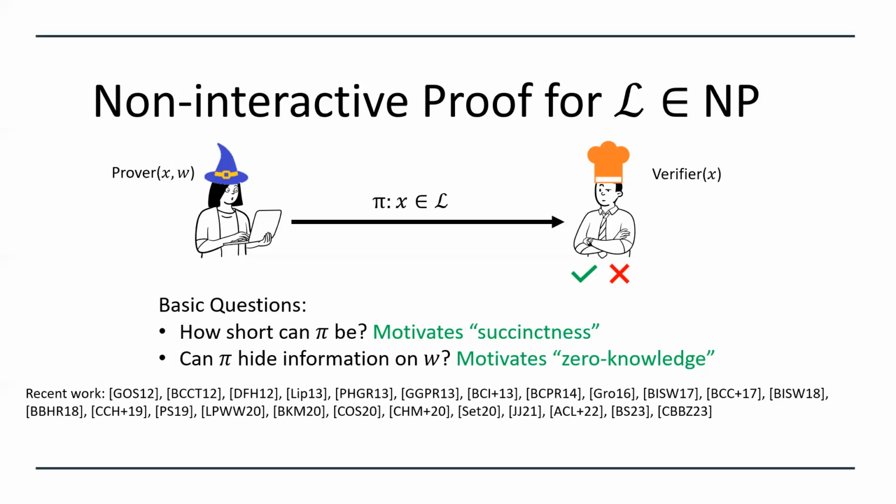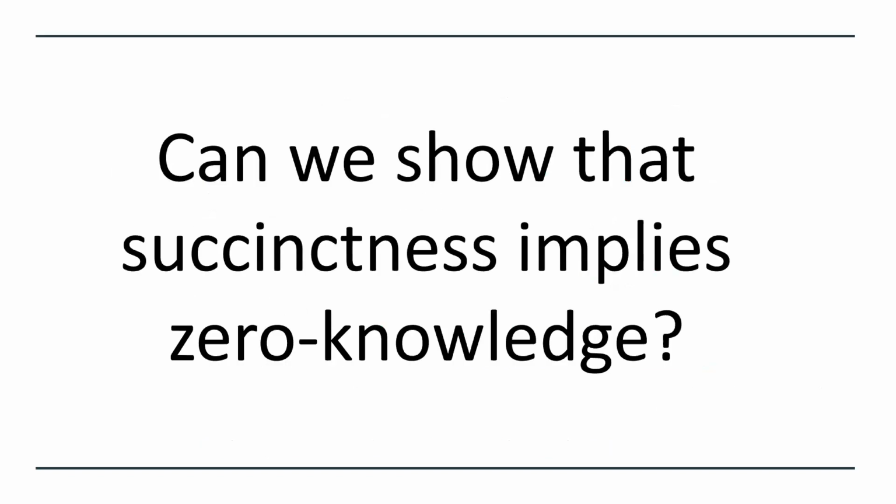So we have these two fundamental properties. A natural question to ask is, can we connect these two properties? In particular, it's very intuitive to see that if we have a proof which is shorter than the witness, this should be inherently hiding something about the witness as well. That leads us to the central question for this talk, which is, can we show that succinctness implies zero knowledge? As an early step in this direction,